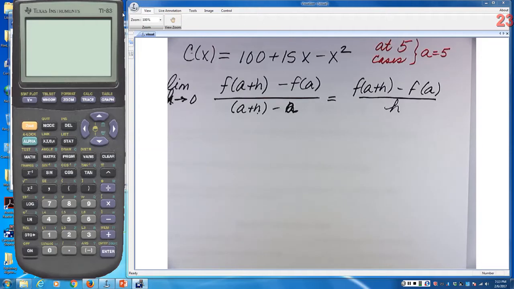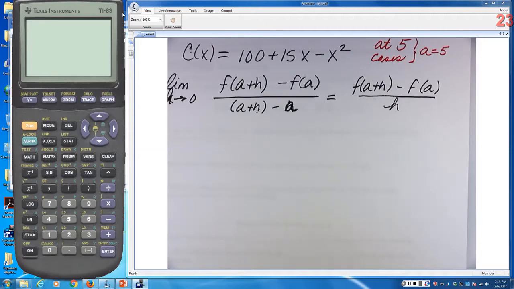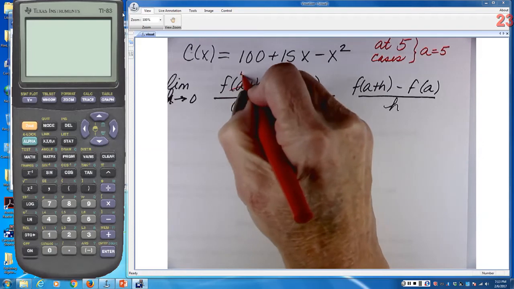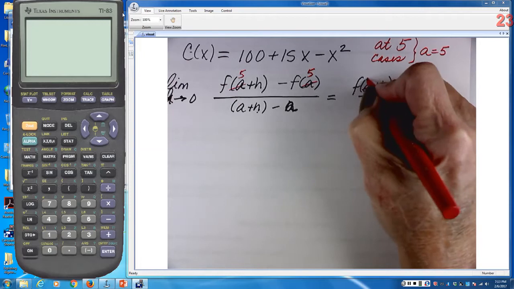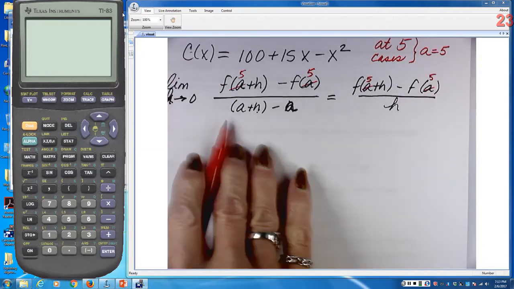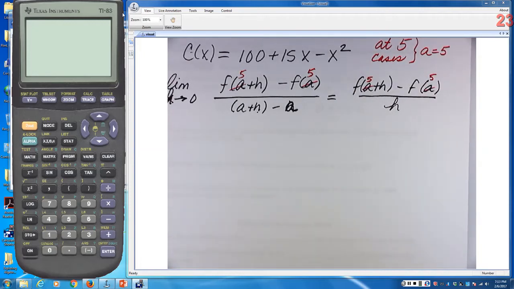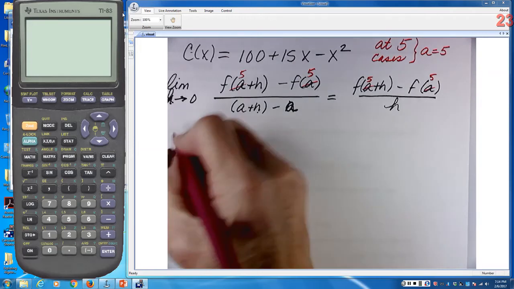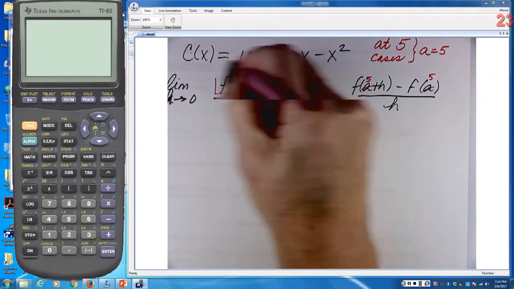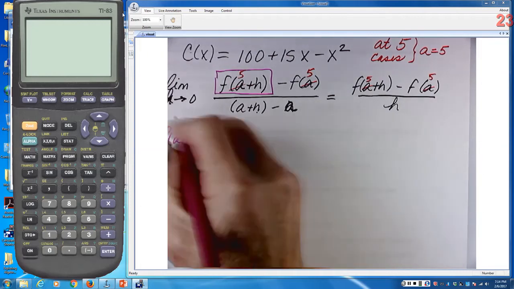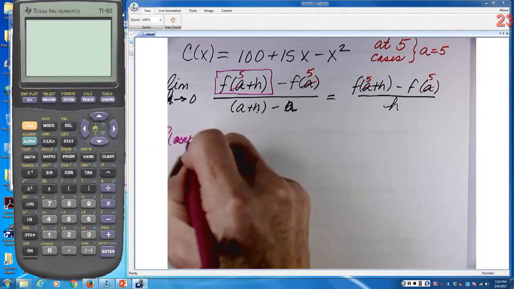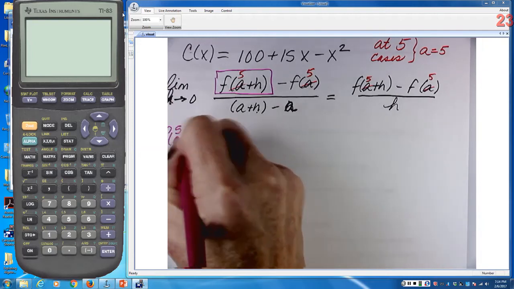So we're going to let a be 5. So that means everywhere we had an a, we're just going to replace it with 5. And we don't worry about it in the denominator because all that's left in the denominator is the h. So the harder part of the math is to find what is f of 5 plus h. I'm sorry, 5. Apparently my brain and my mouth can't communicate tonight. 5 plus h,